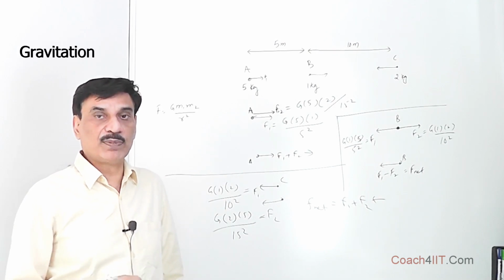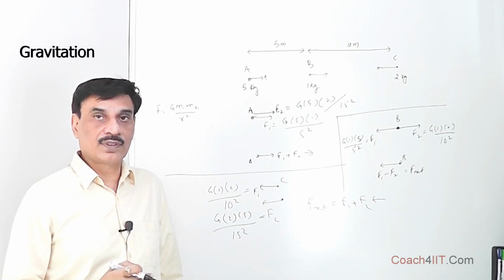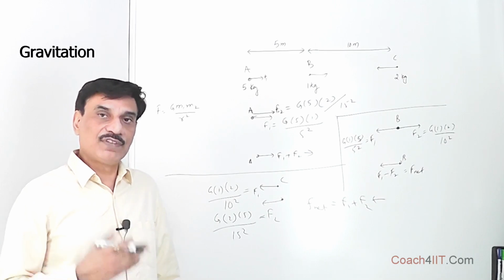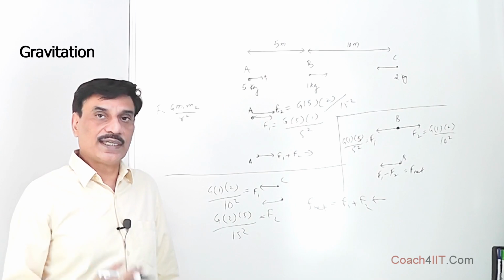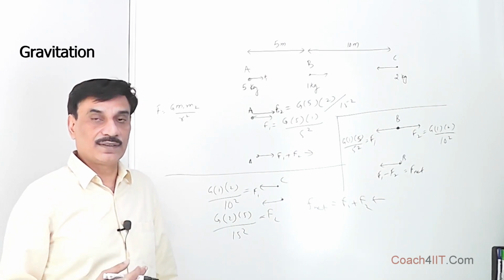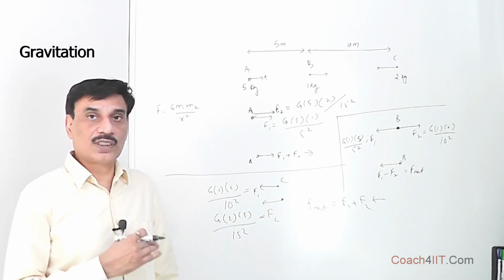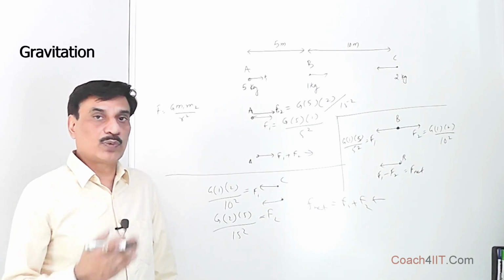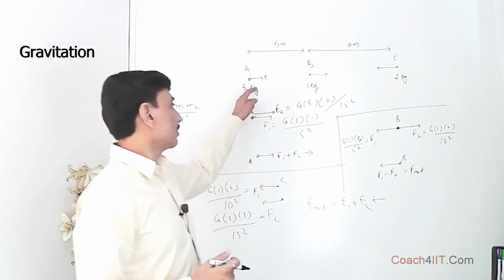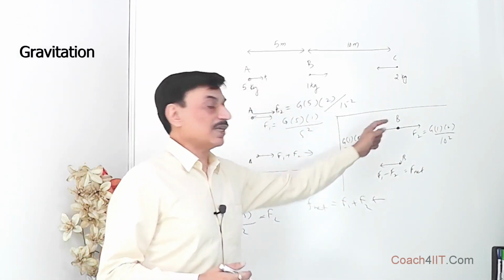Now here all the point masses were in a straight line. What if they are not in a straight line? If they are not in a straight line, we know how to resolve the vectors. Then these forces cannot be added or subtracted algebraically. It was only that over here all the 3 point masses were in a straight line. So the forces were aligned along a line. So it was easy. That is, we can simply add the two forces, or we can subtract them,